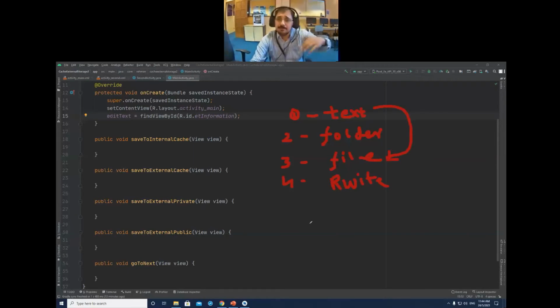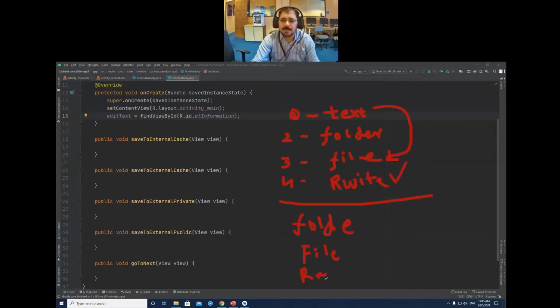And actually the same process will be in the reverse order when you are reading something. When you are reading, you need a folder, from which folder, and then inside the folder, which file, and then you will read. In that case we were writing, and here we will read. And once we read the text, we got the text. So now we will have to display it somewhere. Then we will display the text in the edit text view. Okay. So this is the procedure that we will do everywhere.